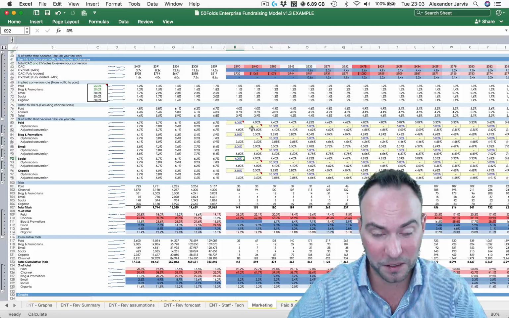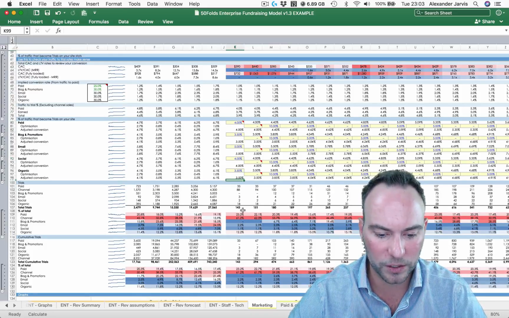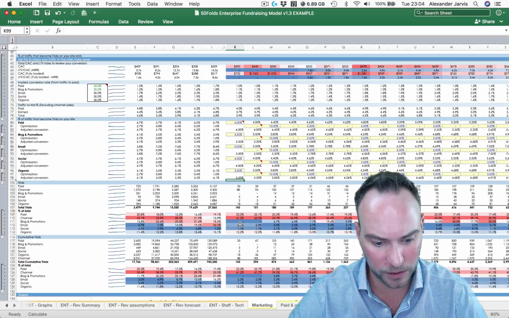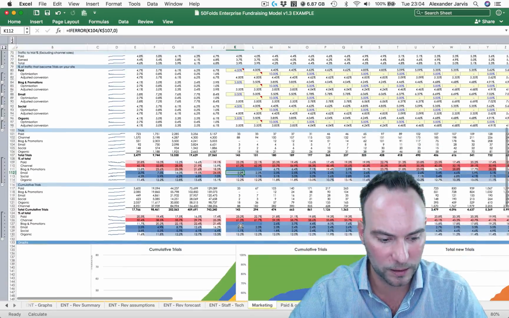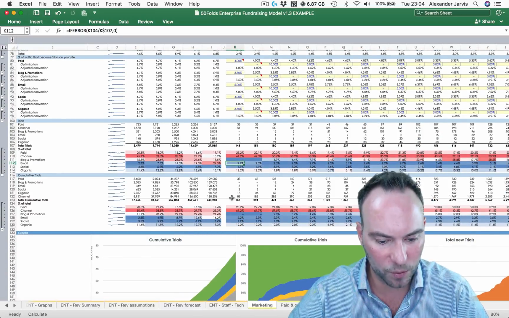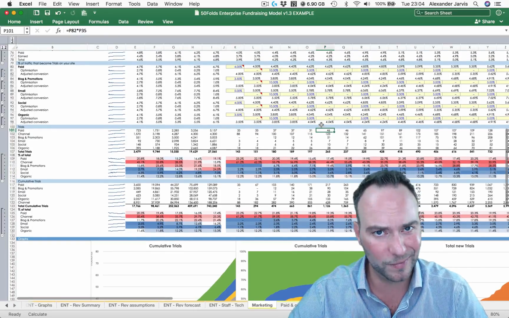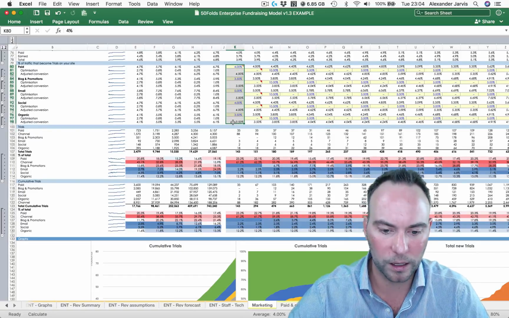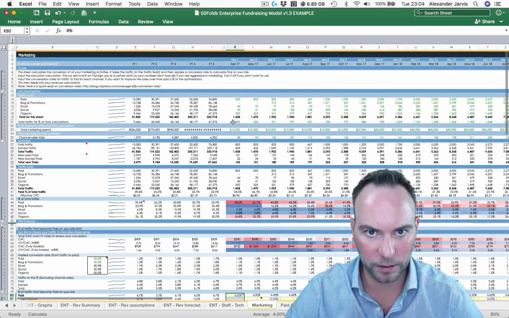You basically take the traffic, multiply by the conversion rate, and you get trials. You can see what percentage of the total is coming out of what channel. I see channel seems to be a very large component of it, so maybe too much, maybe you want to decrease your channel. And we'll see cumulatively where they're coming from, so how that trends over time. Now, I think this is pretty simple to do. If you know what your conversion rates are, it's a 5-second job. There's really not very much to do.